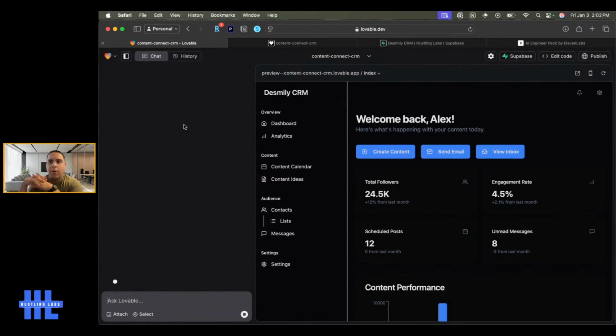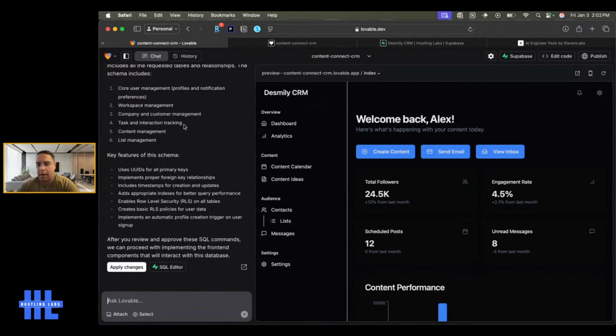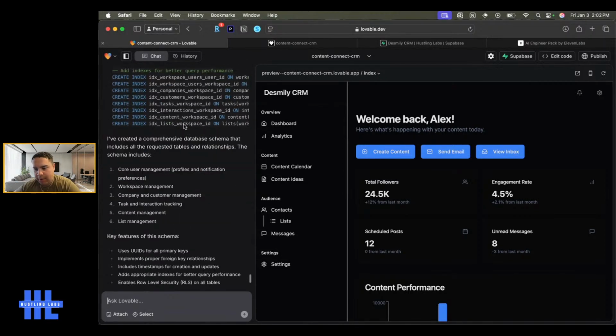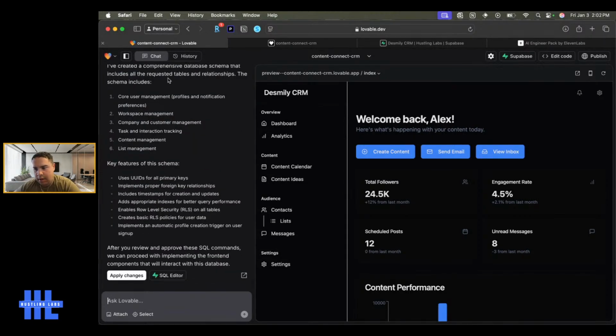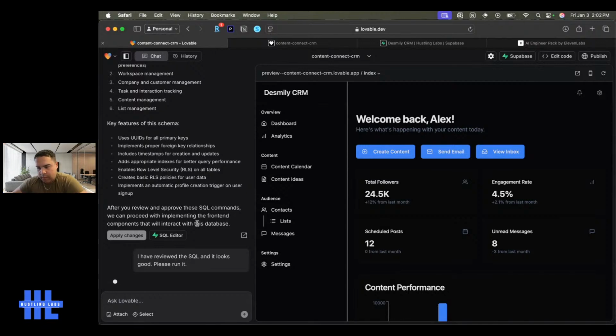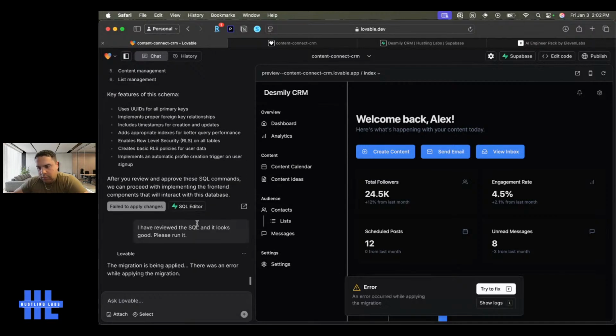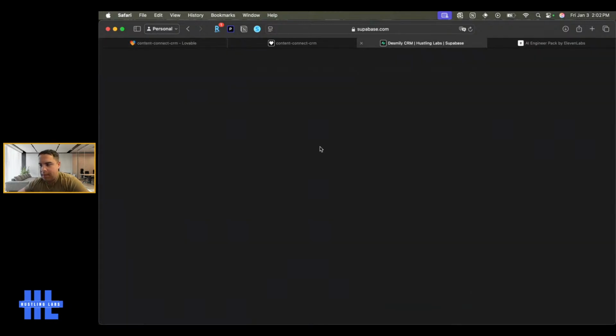We're going to allow it to work for a few seconds. And now that I have created that, database schema, okay. All right, and we're going to apply these changes. While it's doing that, I'm going to go on Supabase,